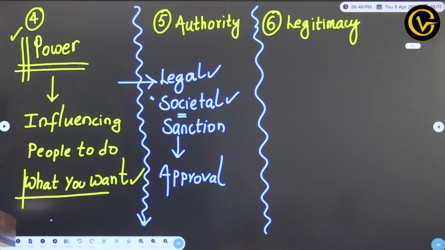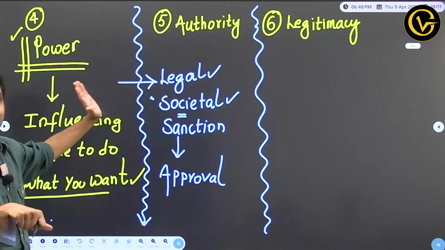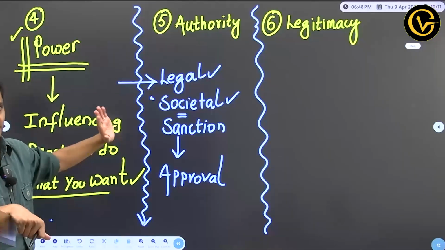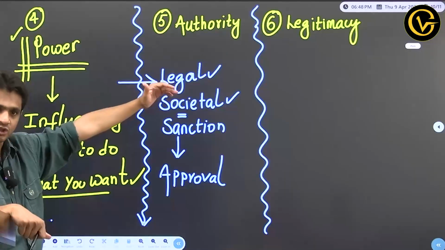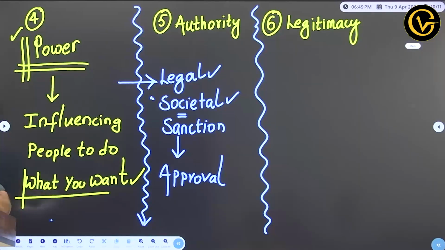But acceptance is different. Acceptance of the decisions is different from acceptance of the authority. There is a difference. Got my point? Yes, you are given authority. You can do this. But you should use it in such a way that more people accept it, then it becomes a legitimate action, or it acquires the nature of legitimacy. So that is the difference between power, authority and legitimacy. Okay? Is it clear?